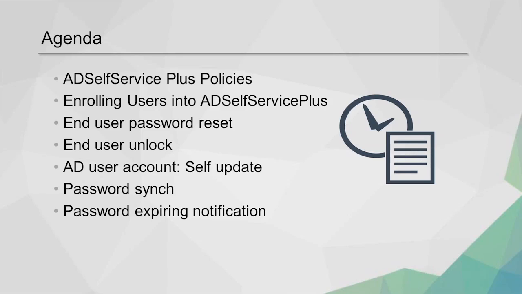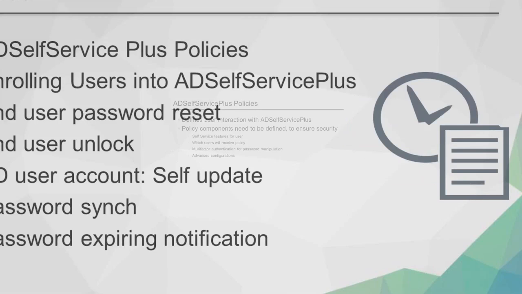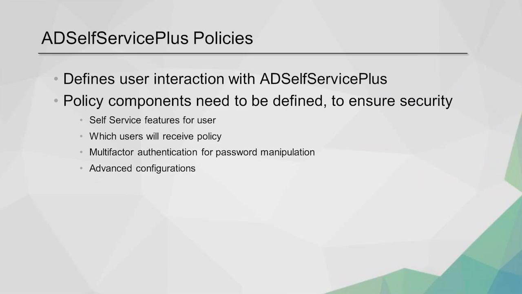Now, the way that we're going to start this is we have to start with policies. I know the word policies is used in many different contexts, but it's really the idea that you are going to define what the user sees and all the parameters around the interface with the user, okay? With our policies, you can define policies for different types of users. You can have a policy for HR employees, a policy for IT, a policy for executives. So you can have these different policies.